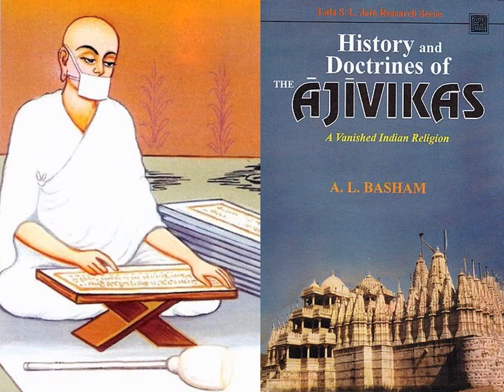This group believes in no free will. Everything is preordained. Everything is fated. They believe that ordinary people cannot decide what to do, because everything about them is fated. Their life is all fated, all preordained, and this is all a function of the cosmos, a function of the universe. So they have no free will. This is a book on the history and the doctrines of the Ajivikas, a vanished Indian religion.